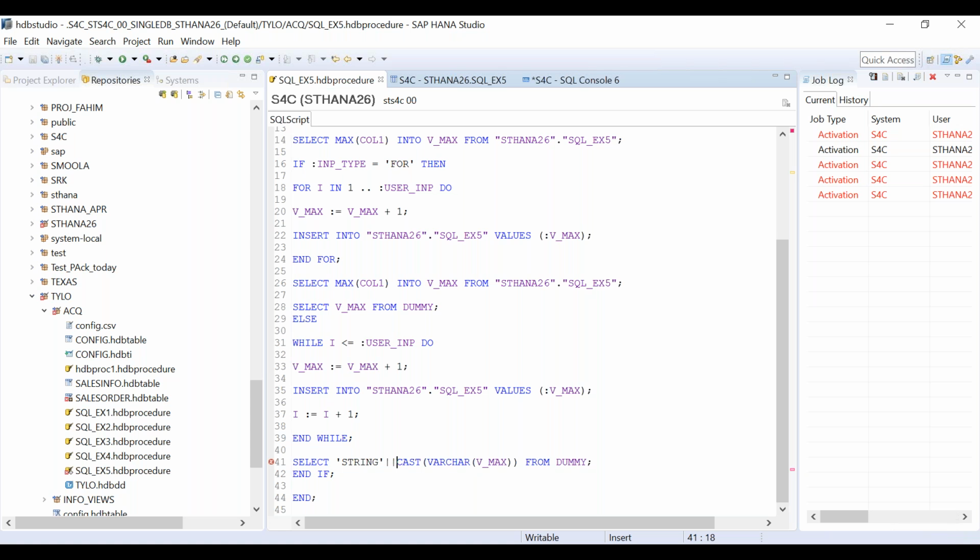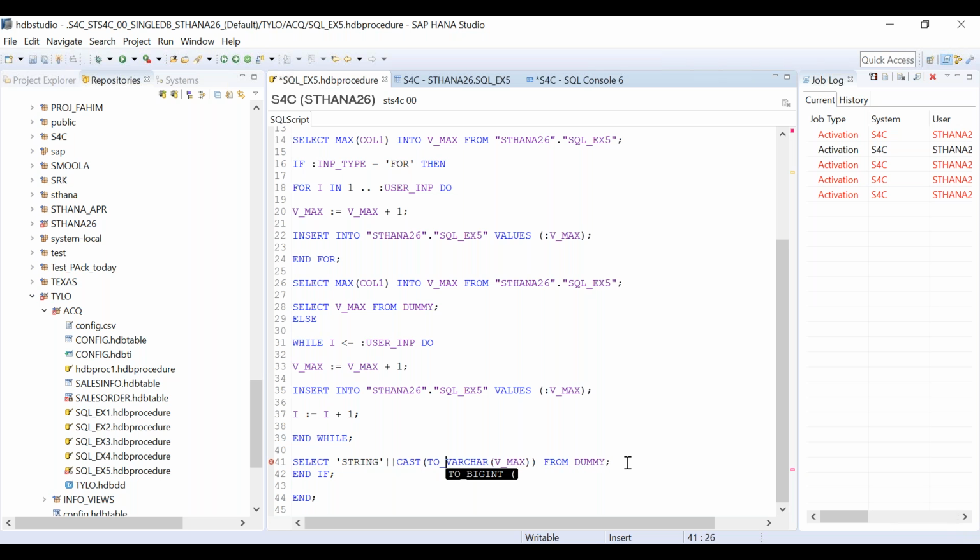1 minute. Now there are 2 to 3 techniques through which we can achieve this, but let me try to understand why it is not happening. Cast in SQL HANA, what is exactly the syntax? I think you have to use 2 varchar.